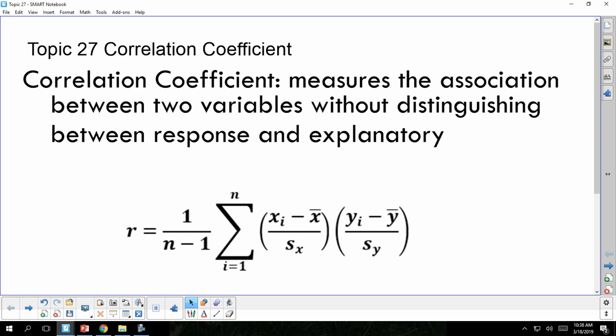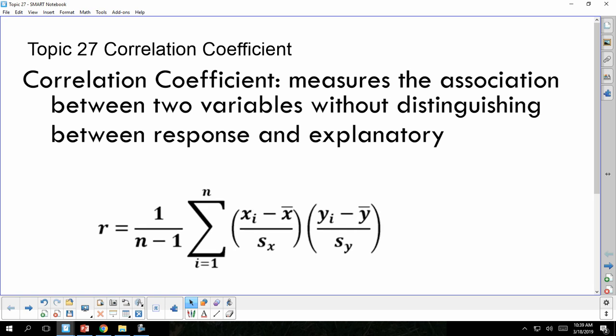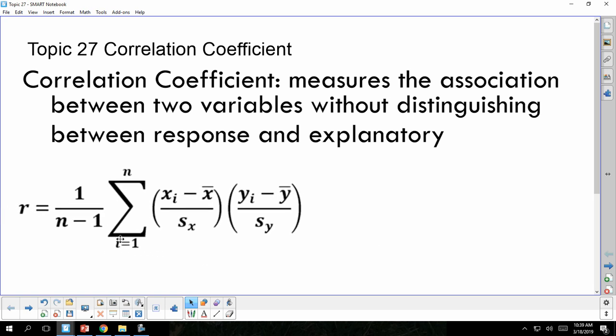So we've looked at the relationship between two quantitative variables from a bivariate set of data collected. And remember, we organized those two variables on a scatter plot so we can investigate the relationship between the two variables. So when we're looking at a scatter plot, we want to describe